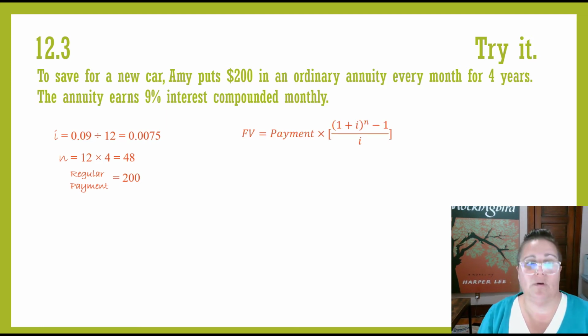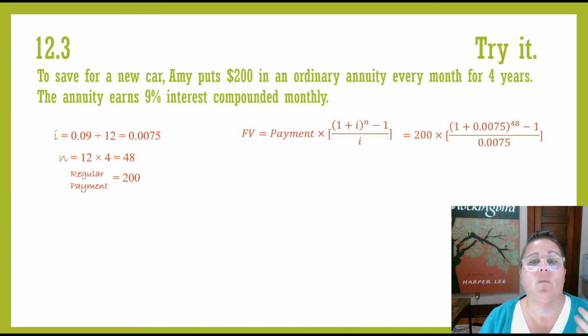So the formula is the future value is equal to the payment times 1 plus I to the N minus 1, all of that over I. I'm going to do this piece by piece. 1 plus I would be 1 plus 0.0075 to the 48th power minus 1 all over 0.0075. Once I have that number, I'm going to multiply it by 200. I'm going to do them piece by piece. First, the parentheses, 1 plus 0.0075